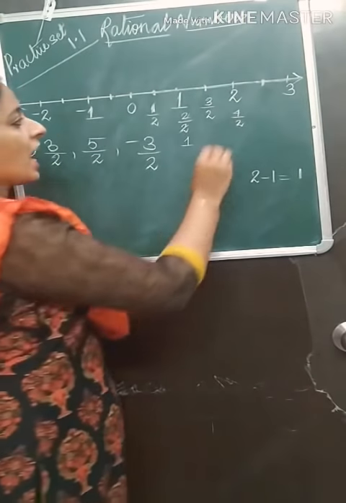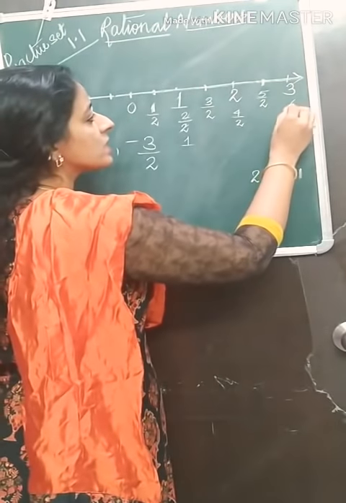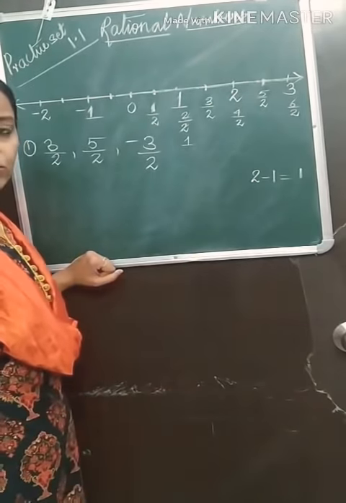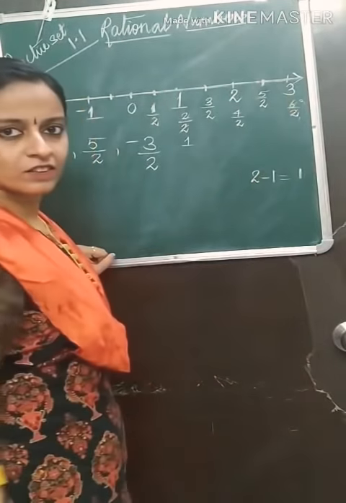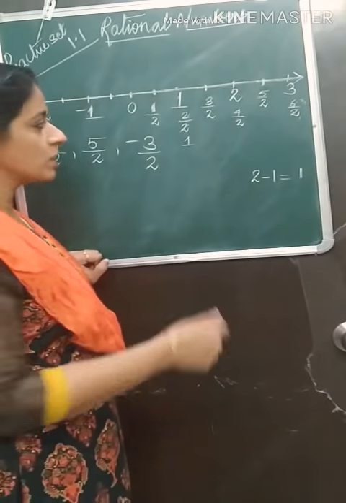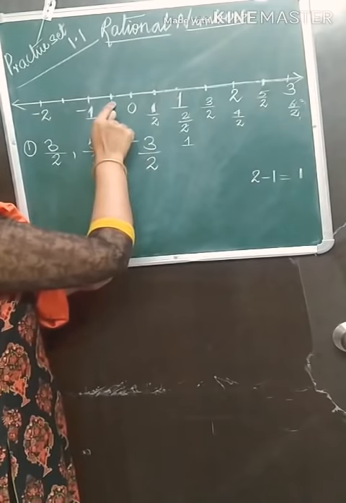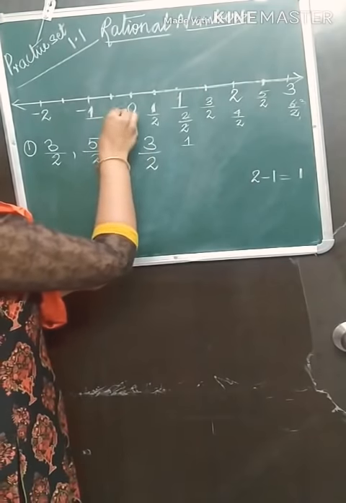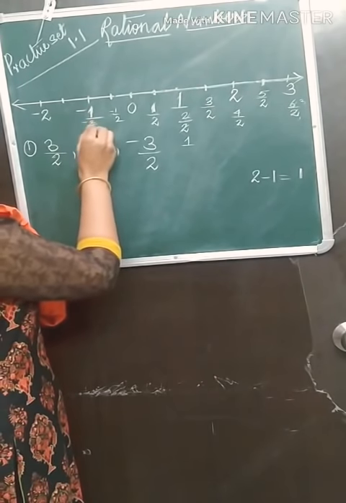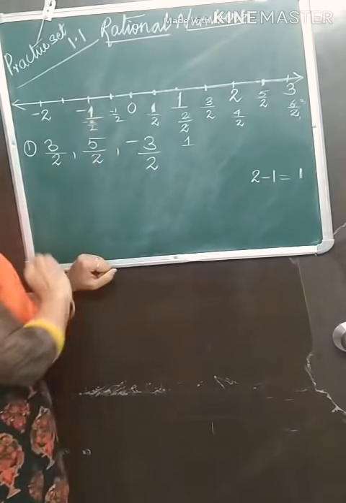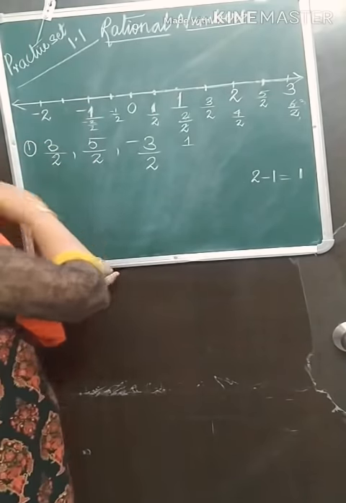So we are correct. After 4 upon 2, this will be 5 upon 2, and this will be 6 upon 2. What is 6 upon 2? 6 divided by 2, 2 threes are 6, so the same 3 is on the number line. Understood? Same way, talk about the left side. After 0, the next dot will be minus 1 upon 2. This will be minus 2 upon 2, the 2s get cancelled and you get minus 1. Minus 3 upon 2, minus 4 upon 2 and so on.